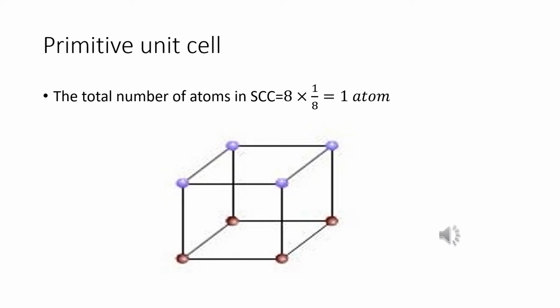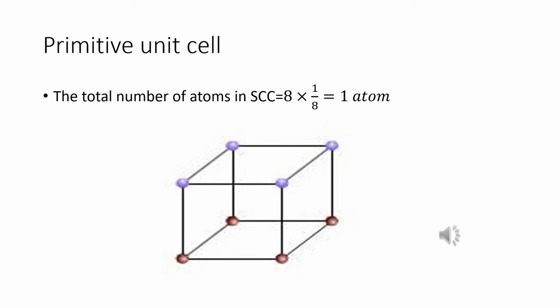The volume occupied by a sphere in a unit cell is 1 by 8 of its total volume. So each small sphere represents the center of the particle occupying that position and not its actual size. Such structures are called open structures, that is, the arrangement of particles is easier to follow in open structures.